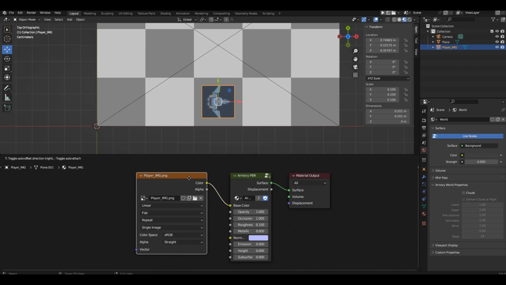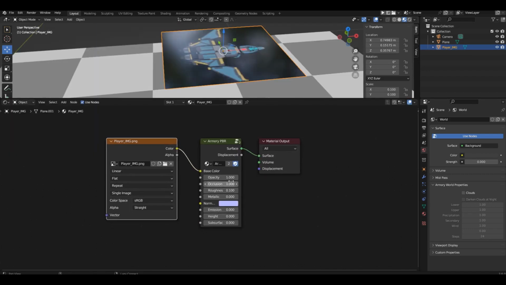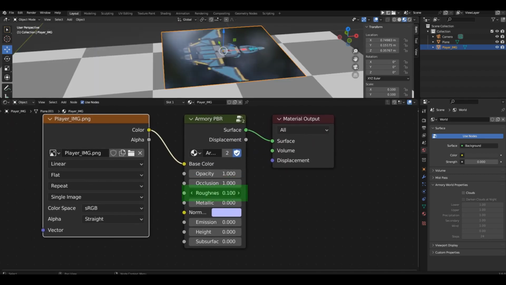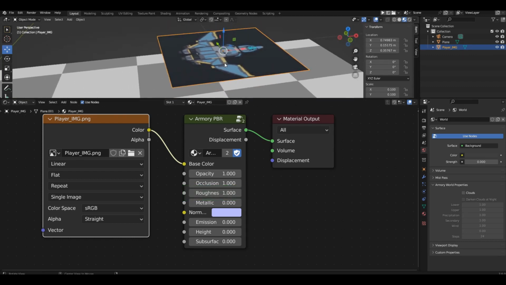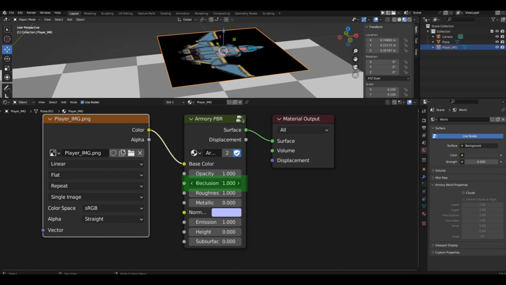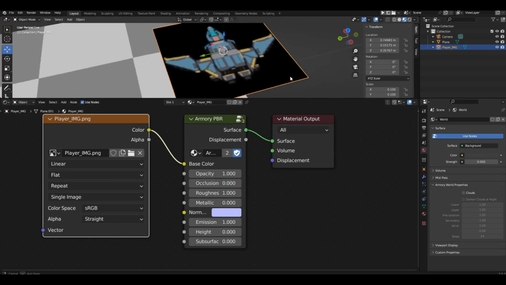Let's fine-tune the settings. Our spaceship doesn't need a shiny surface, and objects in our game won't react to light. As you probably remember, we won't have any lamps or HDRI images. So, the first thing we can do is turn the roughness value to 1. The object has stopped shining. And that's good. Set the emission parameter to 1 as well, and we can also set the occlusion parameter to 0, because we don't need it. Almost there, and our spaceship will be ready to fly.